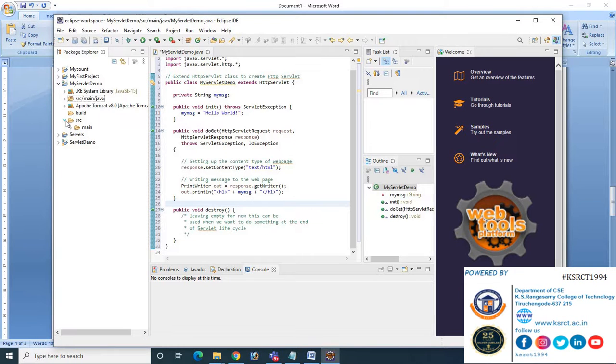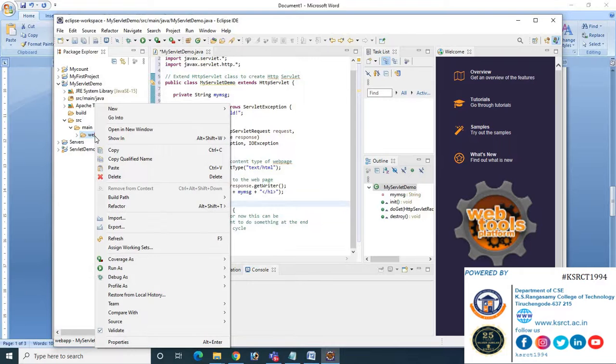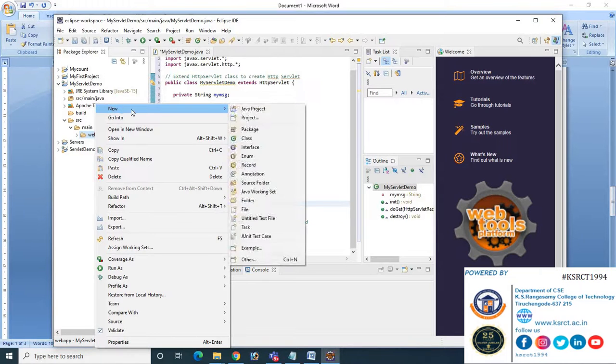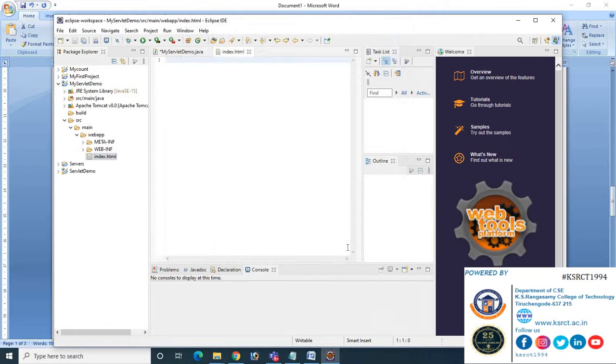The second SRC, we have to click the second SRC, and then we have to click the main, and we have to right click the web app folder, and we have to get into new, again file. Here let us give the name as index.html. So let us give finish. Yes, the HTML file is created successfully.